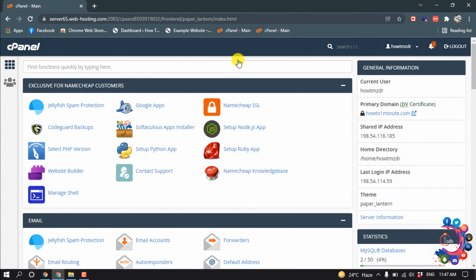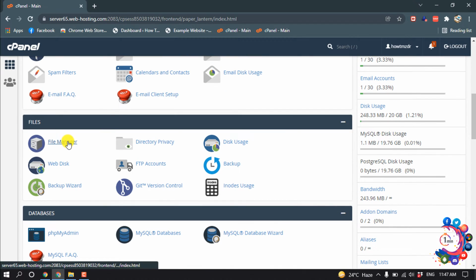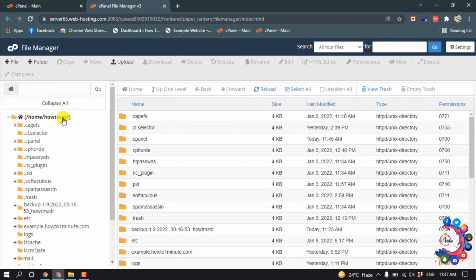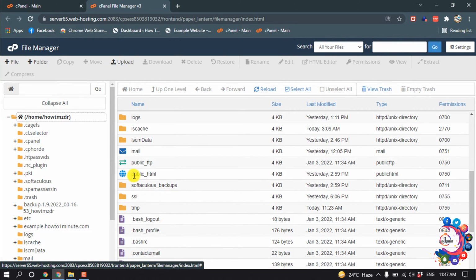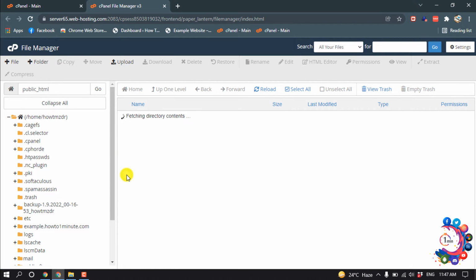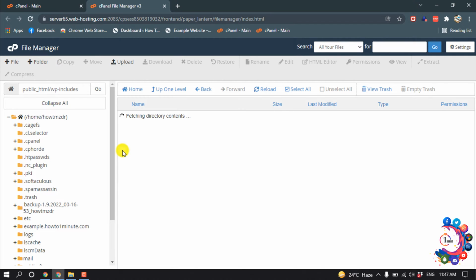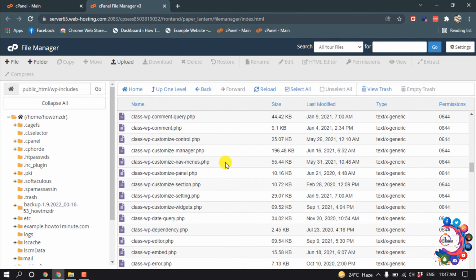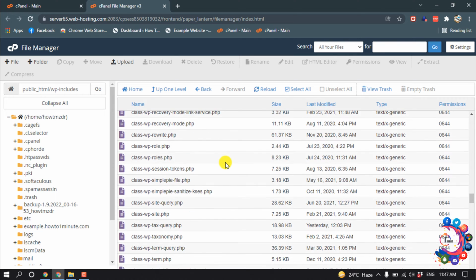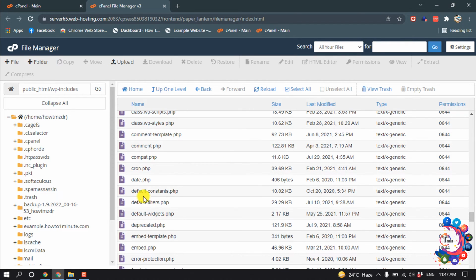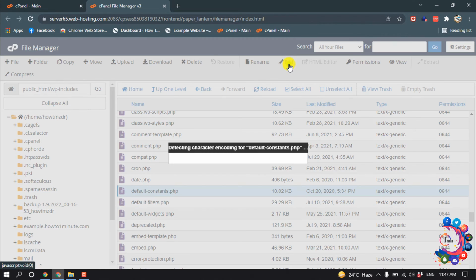So first of all, open your cPanel and then open File Manager. And open public HTML. Then open WP includes folder, and inside this folder search for default constants. Select this file default constants.php, then click on edit,